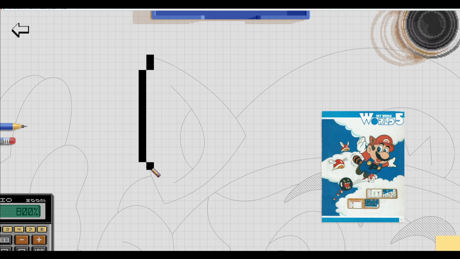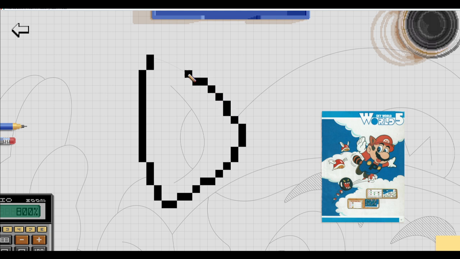I'm not going to concentrate on whether the diagonals are even just yet. We'll just draw along until we're there. Oop, didn't have that pushed down, but